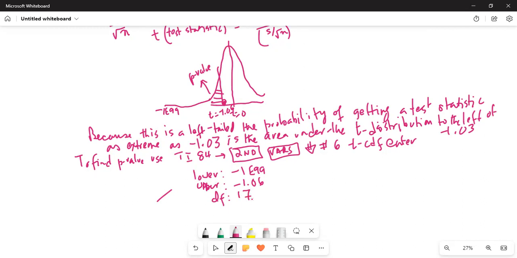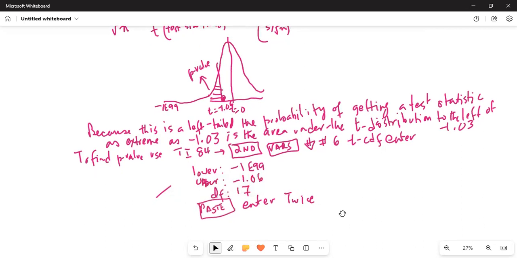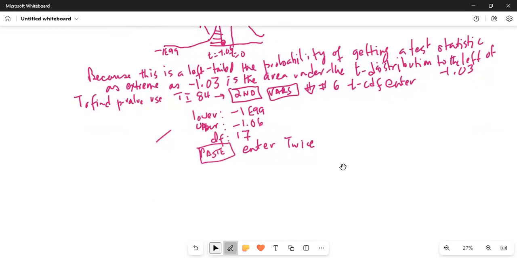And then we go to Paste. Whenever you run Paste, if you have watched my earlier videos, you have to hit enter twice. So put the cursor on Paste and hit enter twice. And your p-value is 0.1519. That means the probability of obtaining